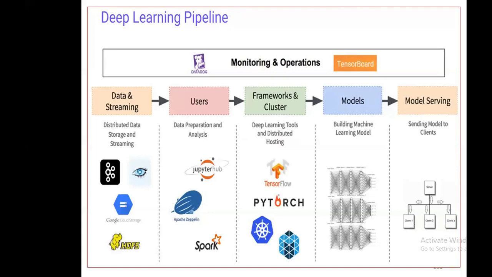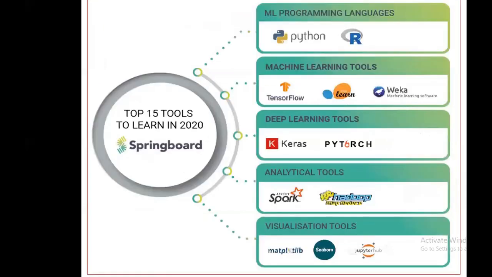TensorFlow, sklearn, and Keras. These are the deep learning frameworks we are using for building machine learning models, very deep learning, with a high number of hidden layers and input layers. Model serving, we are using predicted models. Then these are the tools we are using in machine learning programming, especially the nowadays popular Python and